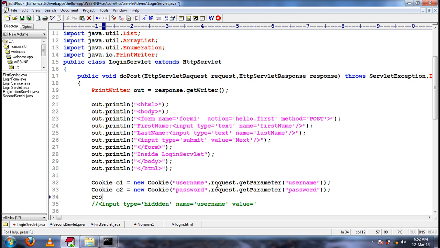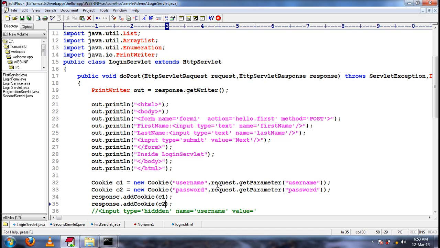And what we do is, to the response object, we'll add cookies using the addCookie method. That's it.